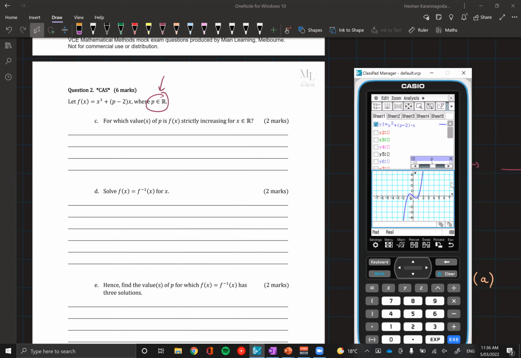You can see when we use this button, there's actually a really cool feature where you can change the values of P, and that shows you how the graph changes with the P values. Okay, so we can see as you decrease the values of P, something happens, you increase it, something else happens. Pretty cool feature, I would say.